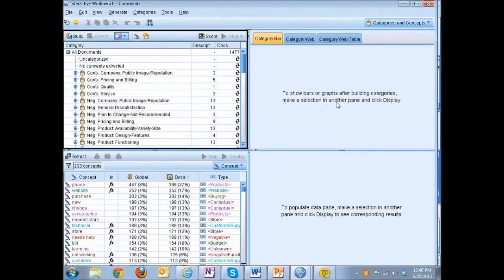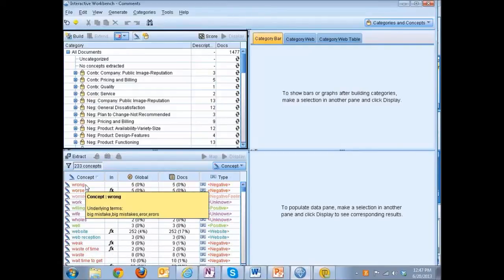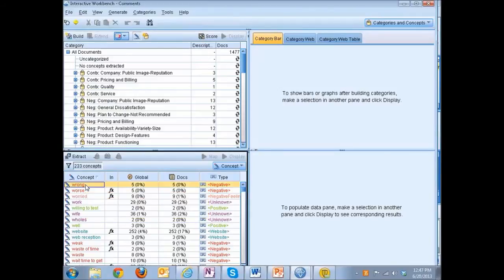If I move over to the categories and concepts place, this is already built as part of the early analysis. You can see we've got a bunch of concepts here and a bunch of types. And that ties back to those targets and types that we talked about earlier. If I find the word wrong and hover over it, you can see the underlying terms that we saw earlier that are contained within our text. And indeed, I can display,